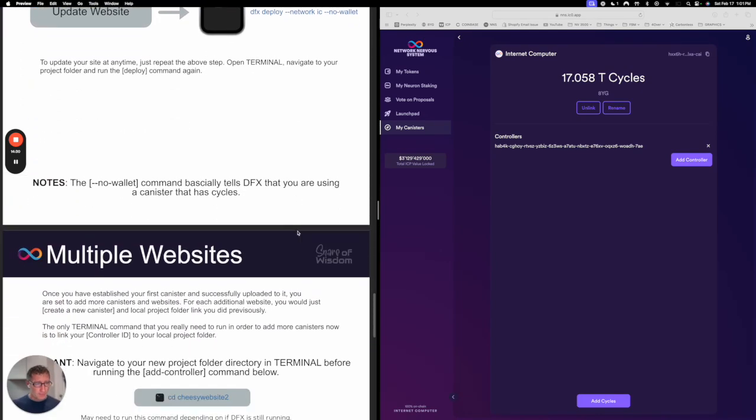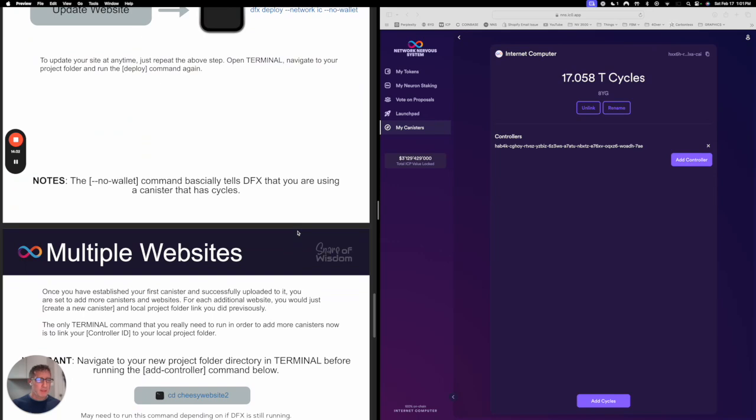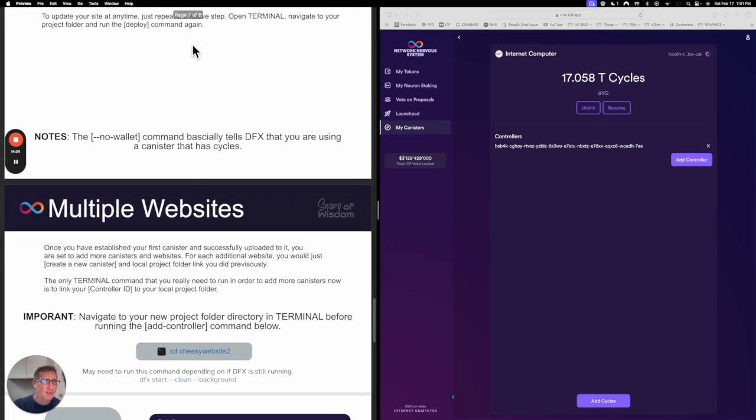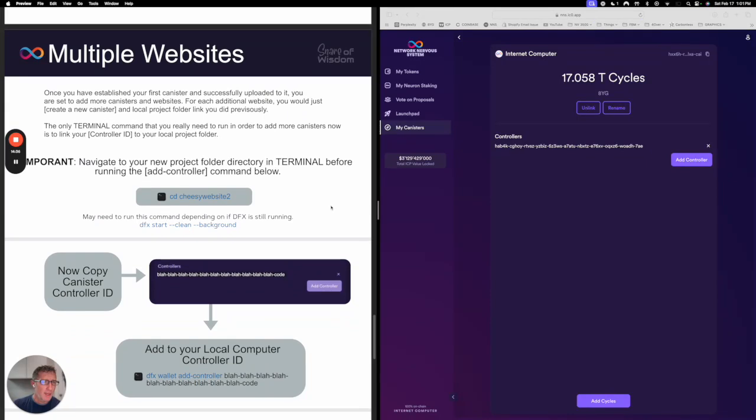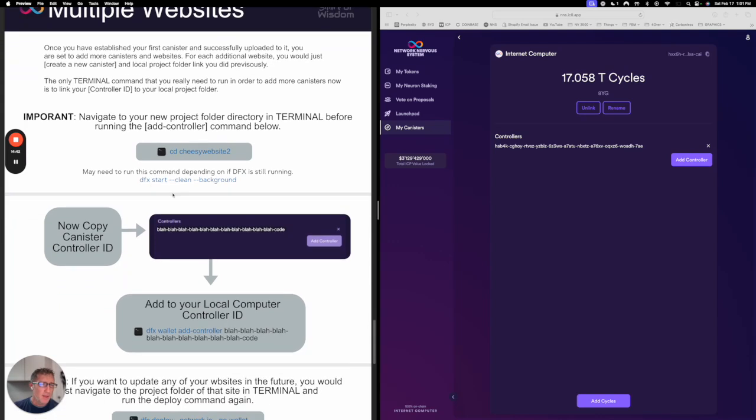And then let's see if there's anything else I'm missing here. I have some other notes in here that'll help you along the way. This is just multiple websites. The same, you may need to run this command here, dfx start clean background, if